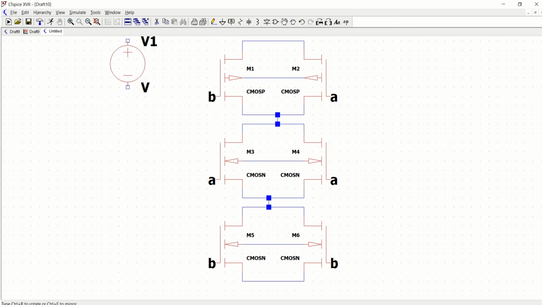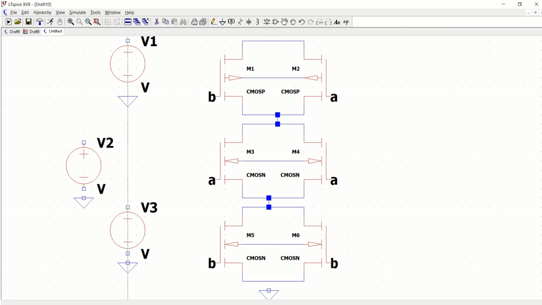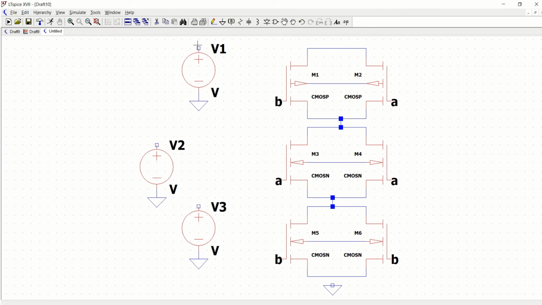Connect the VDD source and two inputs A and B. Make the ground connections. Connect them through the wire. So make this VDD connections also.